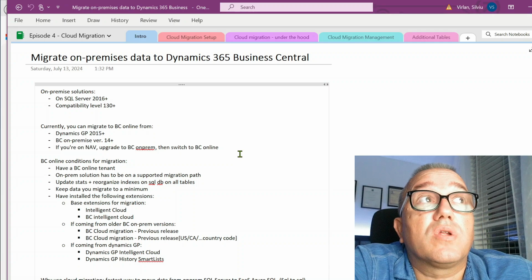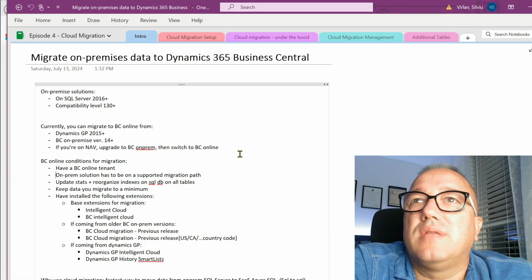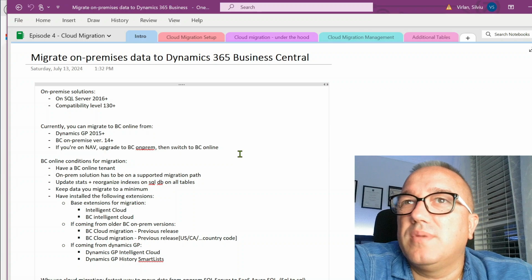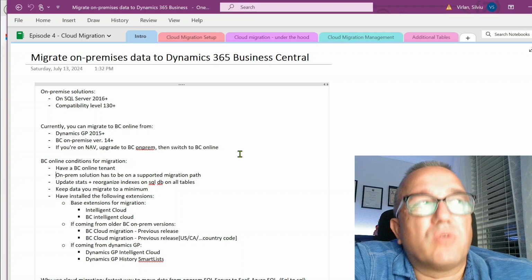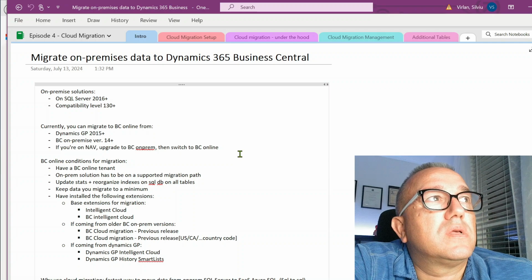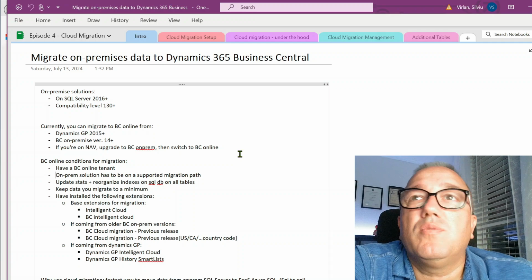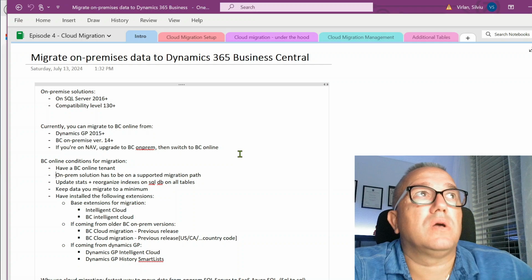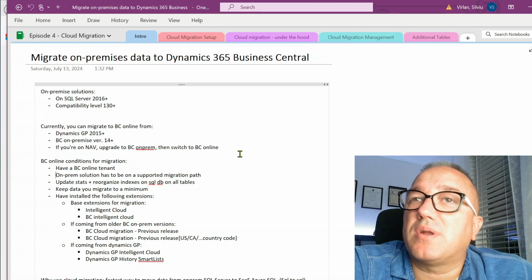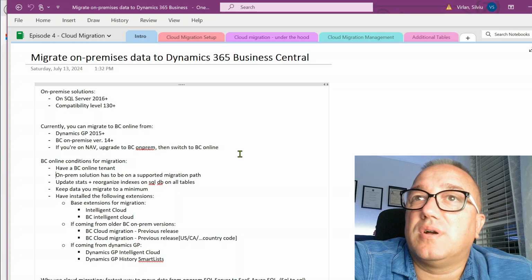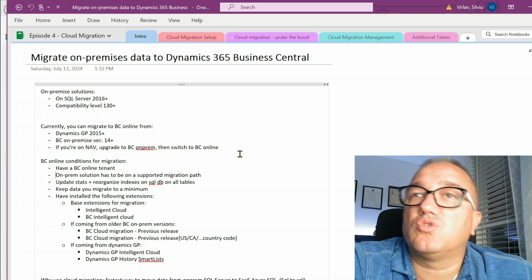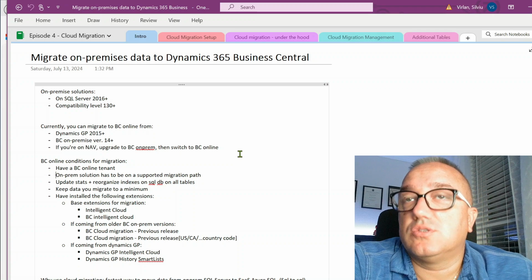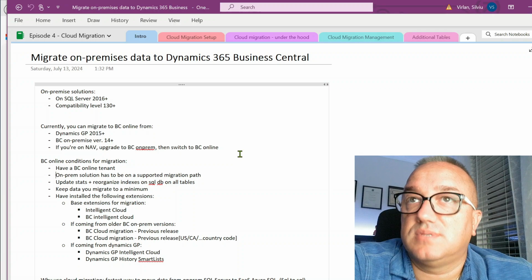Update statistics and reorganize indexes. Well, that should be done anyways as part of the maintenance plans on-prem regularly. Keep the data you migrate to a minimum. There are 6 extensions, part of BC, that take care of bringing data from a different system to BC as part of the migration tool. So the migration tool is basically 6 extensions,